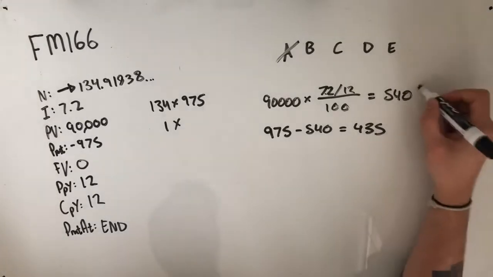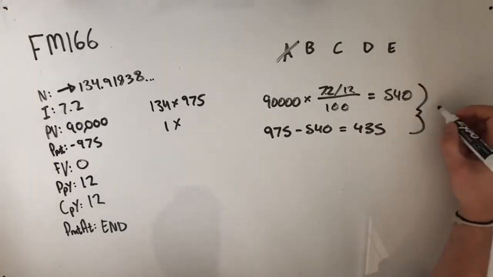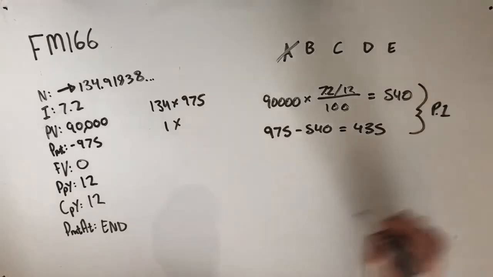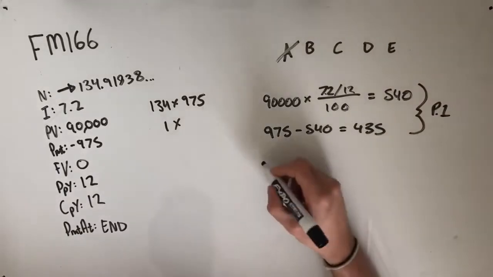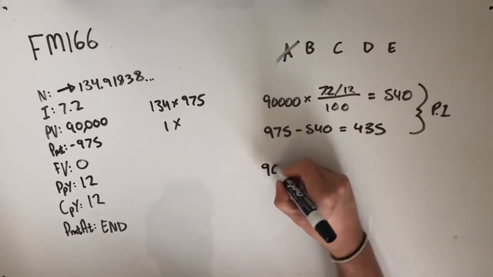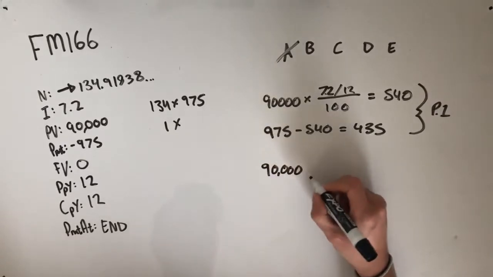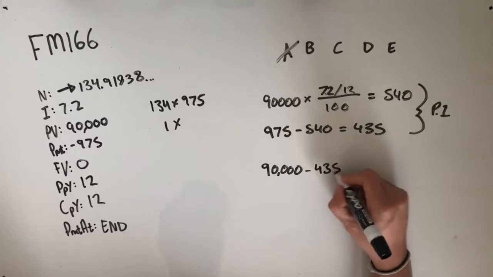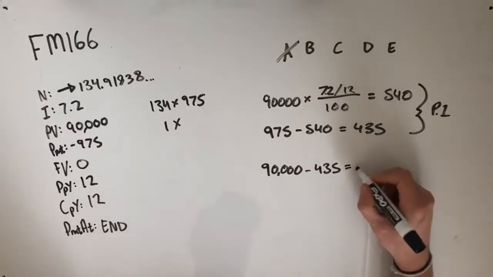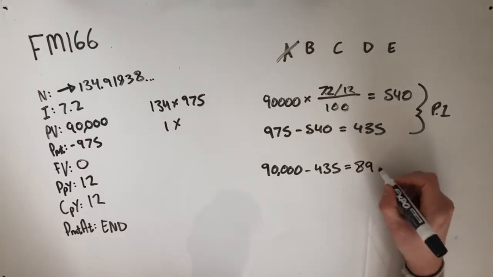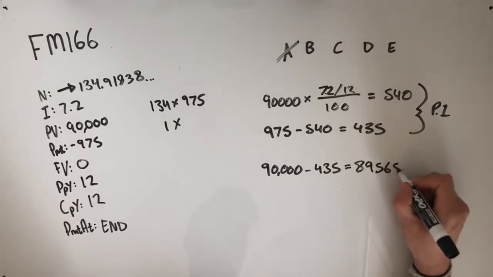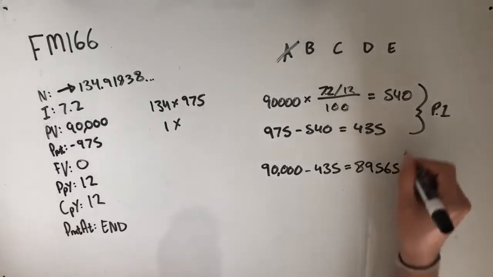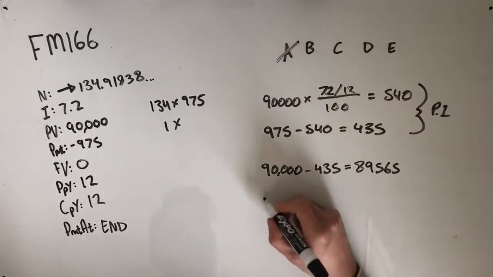So that would have been payment number 1. Now, if we've got a loan of $90,000 and we've reduced the value of that loan by $435, then the new value of our loan after one payment will be $89,565. Once again, calculating the interest on that amount, we've got